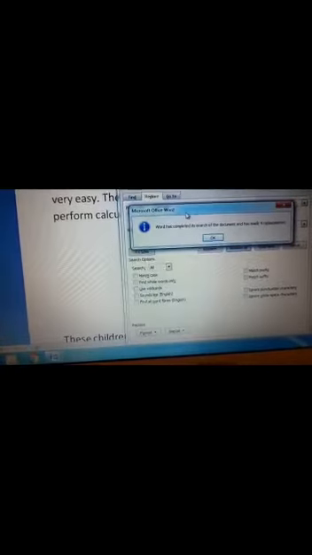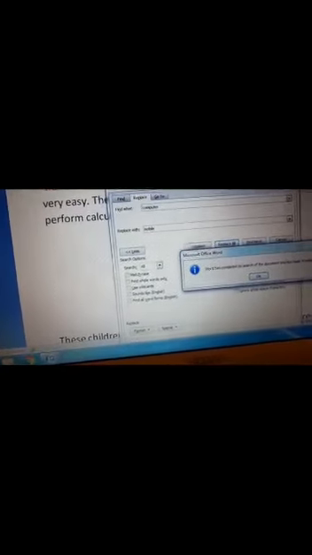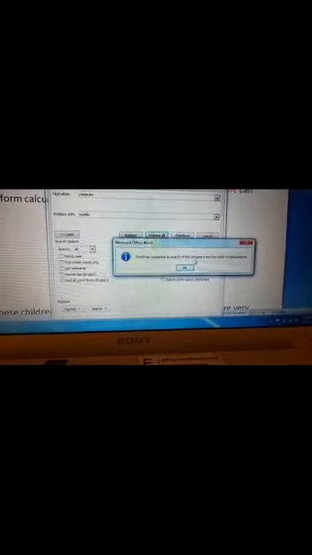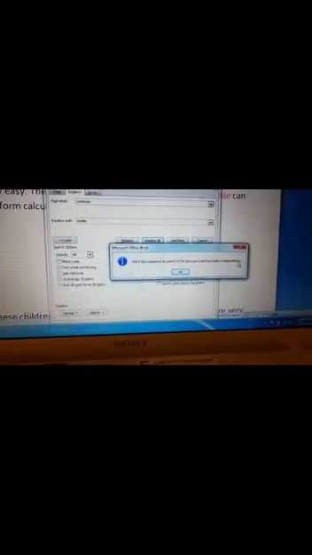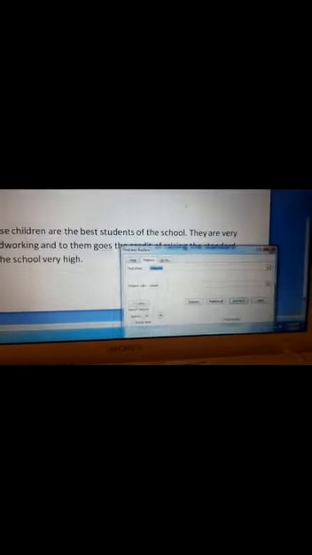So you can see, let me drag it. Now it is giving the message that Word has completed its search of the document and has made 4 replacements. Okay. So now let me remove it.